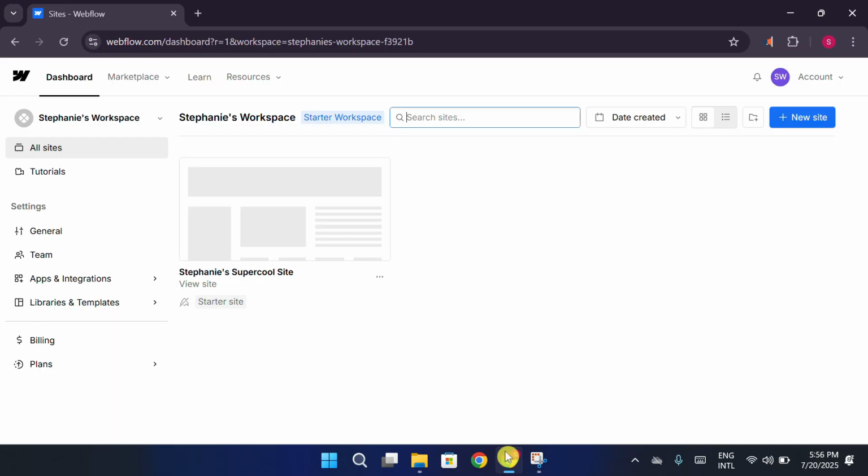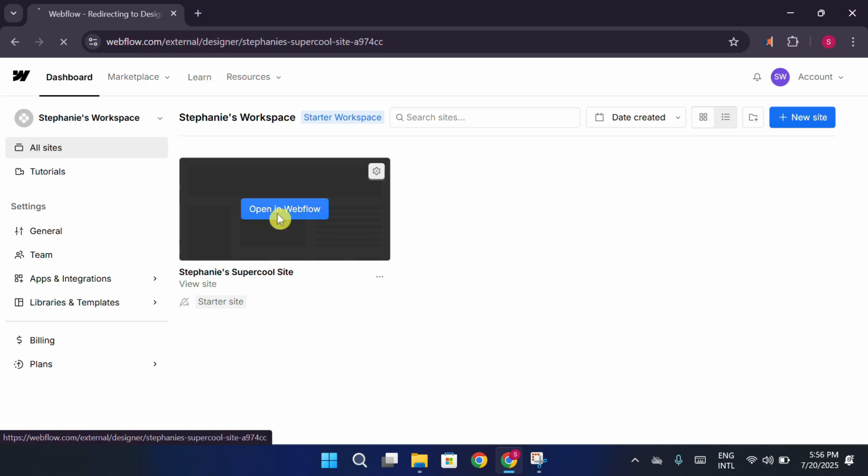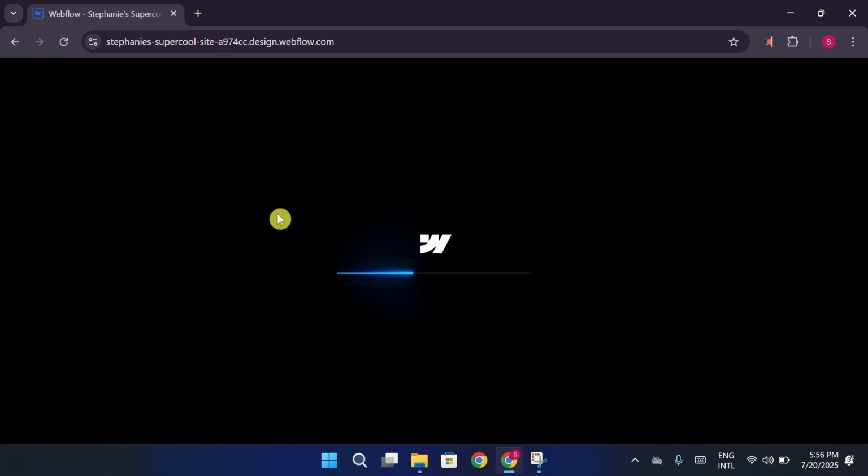So first, let's go to the Webflow website. Once you're on the home page, hit the login button. If you want to save time, just log in using your Google account. It's fast and easy. After you're in, you'll land on your dashboard. This is where you'll see all your existing projects. Click on the one you want to edit, and that will open the Webflow Designer, which is where all the